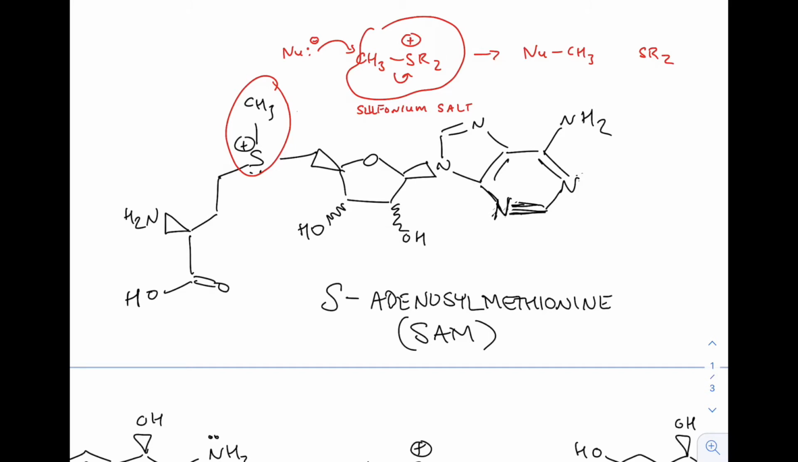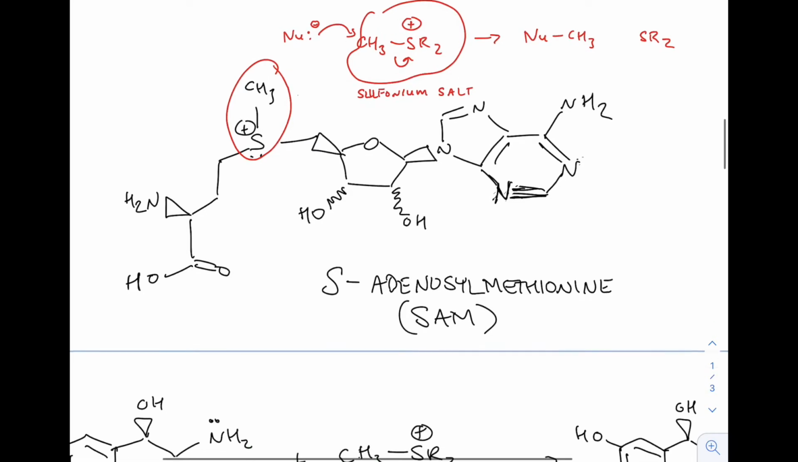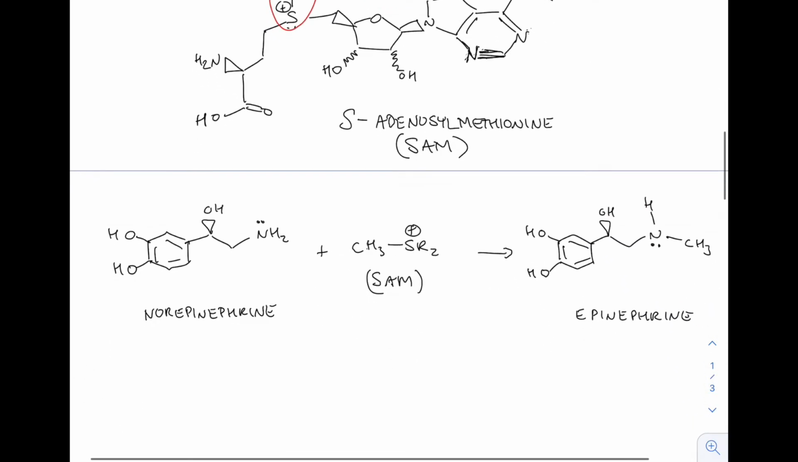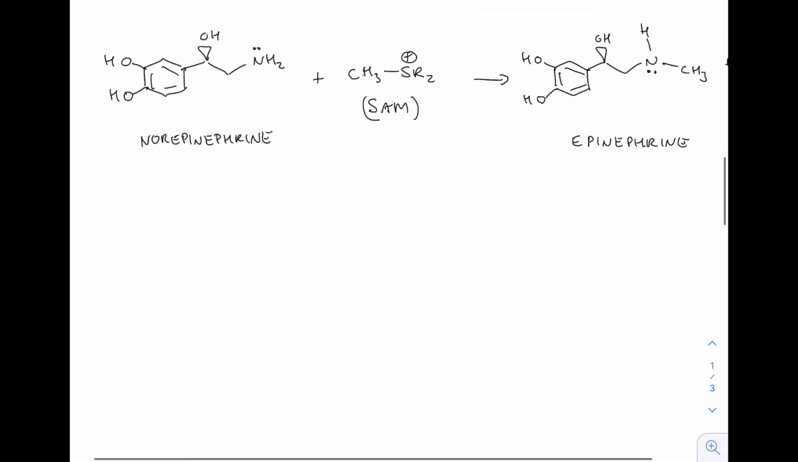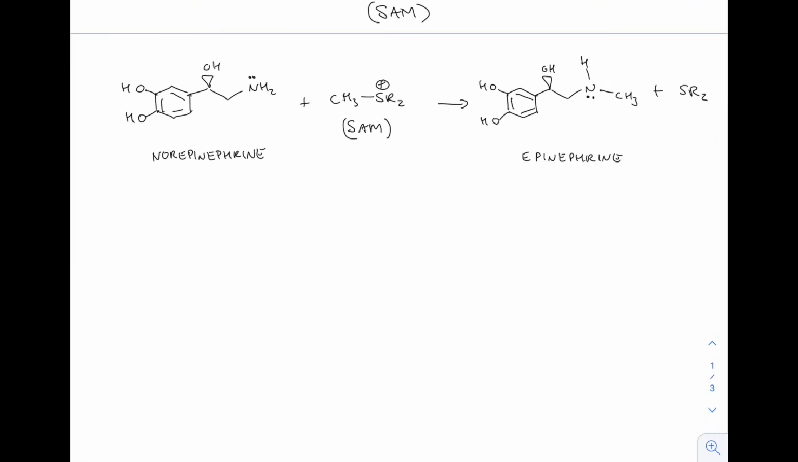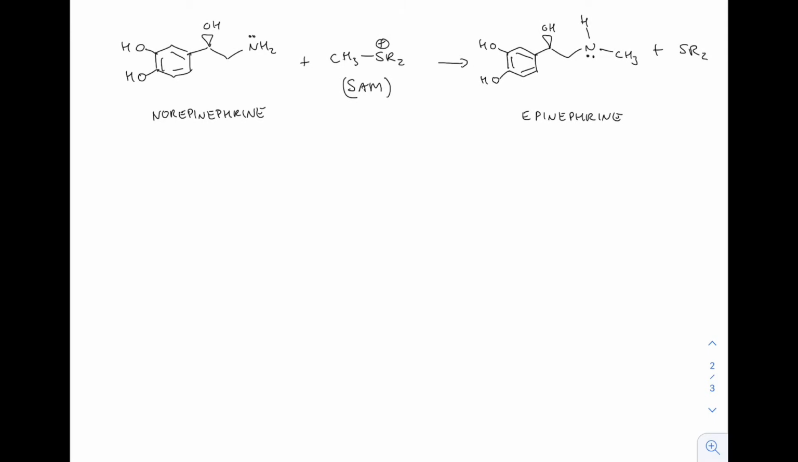Let's see a real example of it. So we've got norepinephrine, and that can get converted to epinephrine using SAM. Okay, so in this case, we have a lone pair on the nitrogen, which is a nucleophile. We also have an oxygen on here, which is also a nucleophile, but that nitrogen is more basic, and remember, basicity and nucleophilicity parallel one another, and so that nitrogen is more nucleophilic,